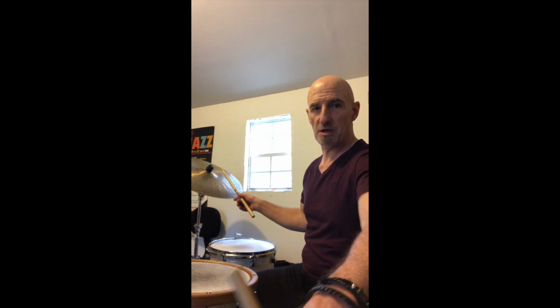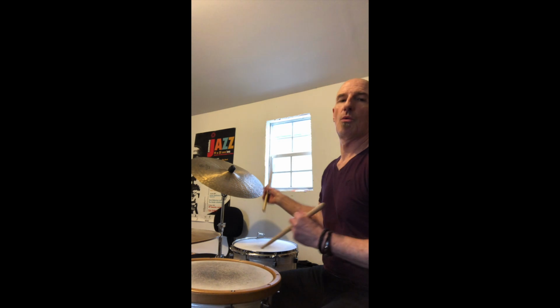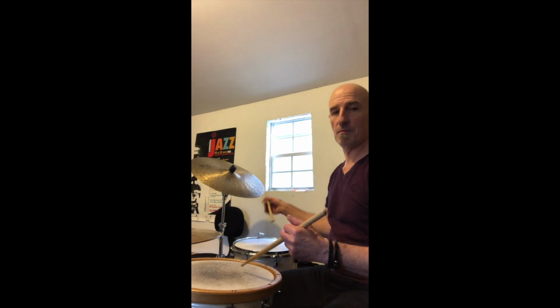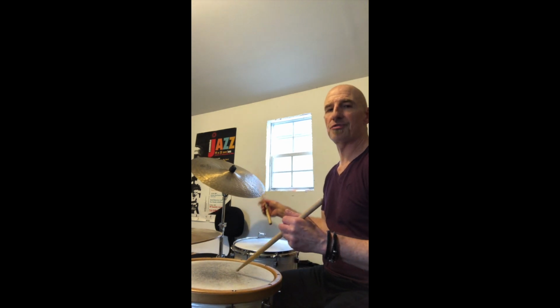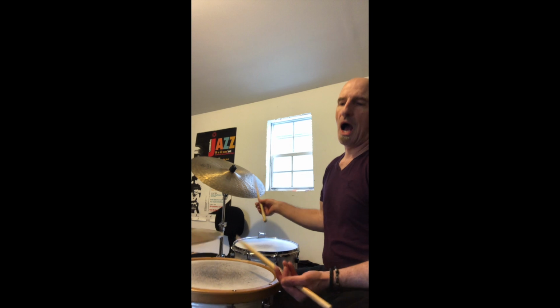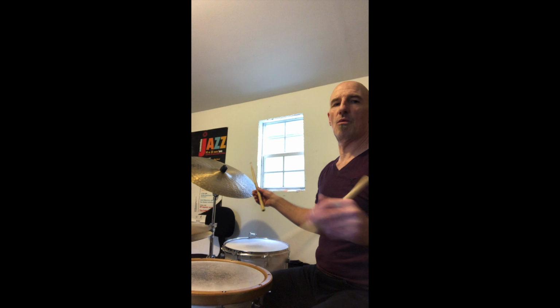3, 4. Turn this camera a little bit. 1, 2. Get that hi-hat in there too. This is high tech here. 1, 2, 3, 4. I'm going to put hi-hat on quarter note. Sorry, I'm moving this again. 1,